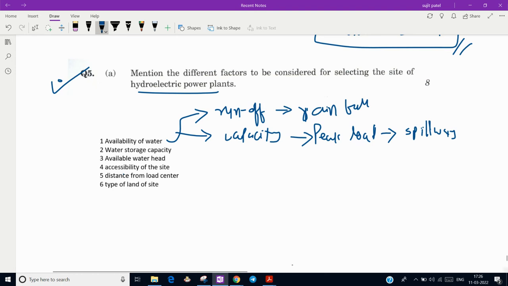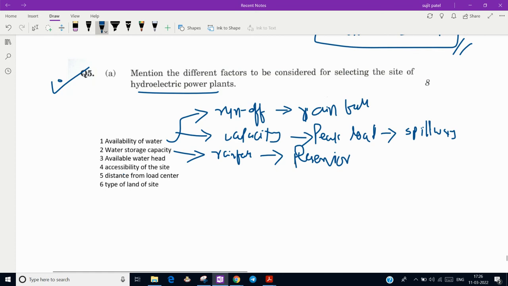Then second is water storage capacity. So water storage capacity: if we have the rainfall data, then what is the capacity of the reservoir that we need to design? If we have plenty of water throughout the year, we have to design the reservoir of a small size. But in the area where the rainfall is very low,